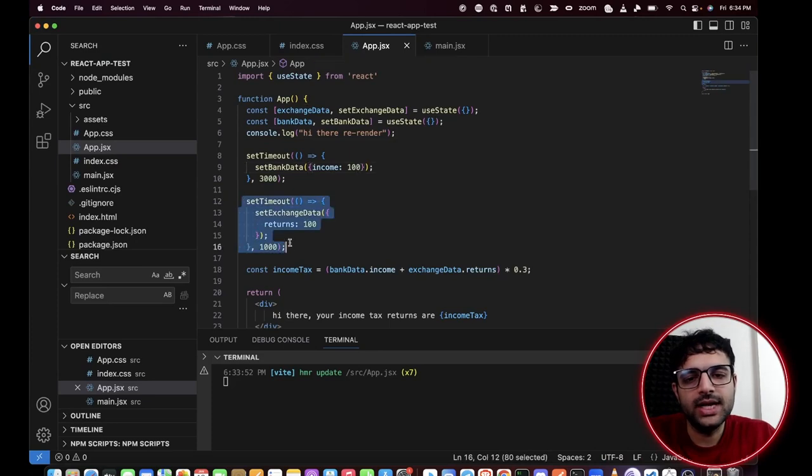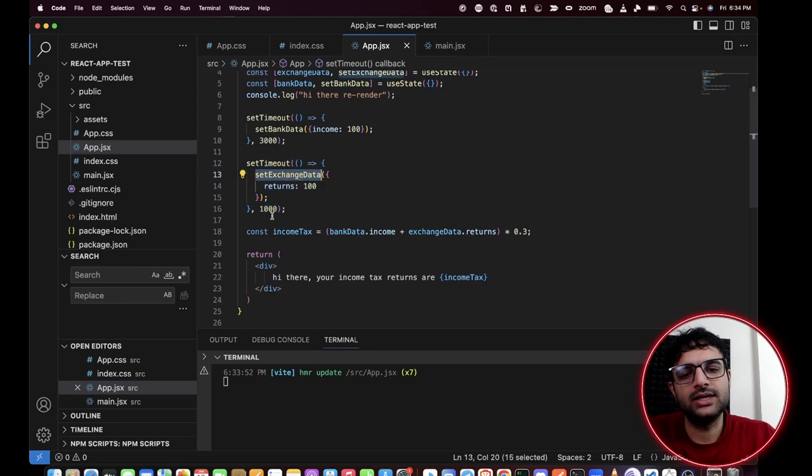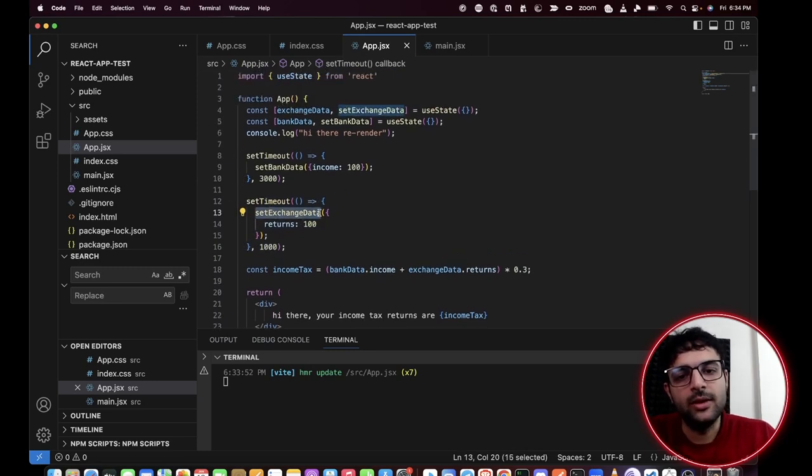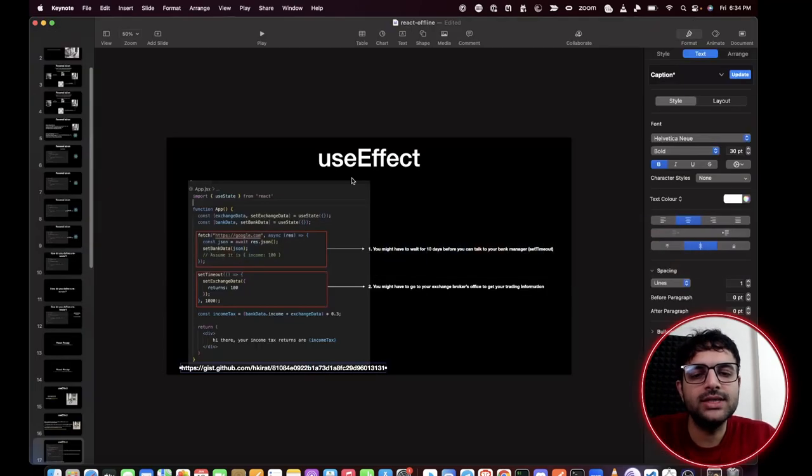Because when this set timeout finally triggers after 1 second, it sets the exchange data, updates the state, causes a re-render. Control reaches here. Another clock starts. And then set exchange data happens again. And then another clock starts. Infinitely, you are getting data from the backend, or you're simulating these set timeouts again and again. And what did I say? What was I saying in the slides? I said,